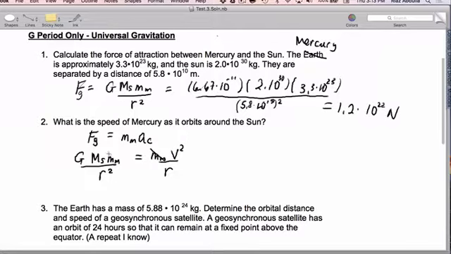Now notice a couple of things. The mass of Mercury actually cancels out from the equation. Also, one of the r's cancels. So we can actually isolate V as the square root of G times the mass of the Sun divided by Mercury's distance, so that when we plug in our numbers,